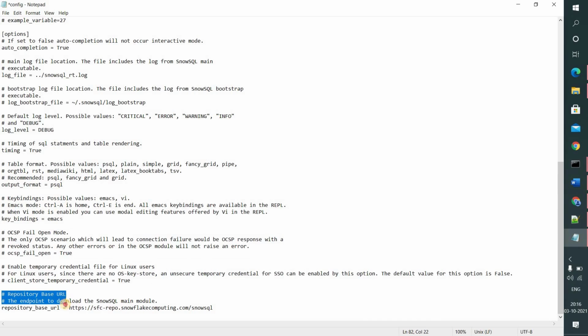And in the configuration file, they have given the repository base URL, meaning this is the path from where SnowSQL automatically upgrades itself. So we have a parameter for whether you want to automatically upgrade your Snowflake CLI or not.